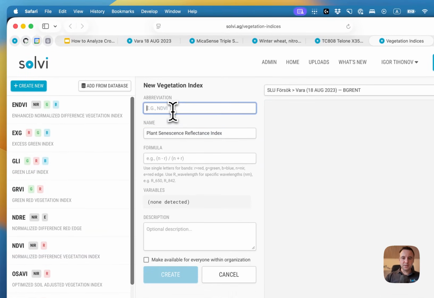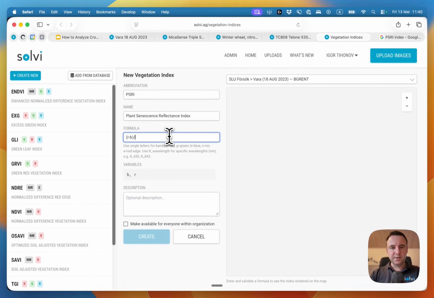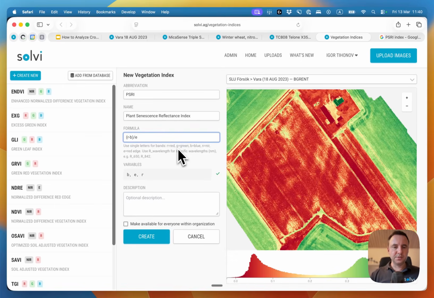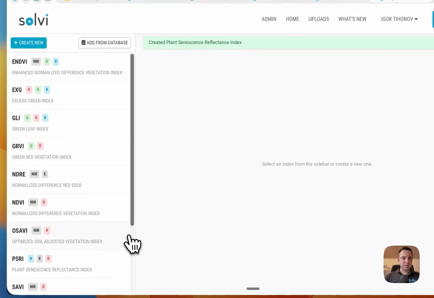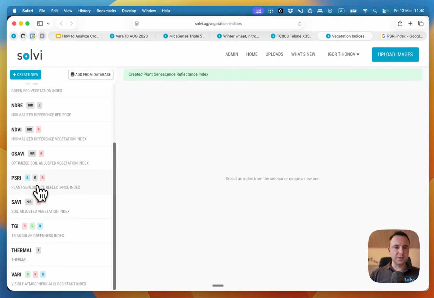Paste in the name here, the short abbreviation over here, and then provide the formula. So that's red minus blue divided by red edge. As you notice here, we use the reserved variable names for the different bands. So R stands for red, B for blue, E for red edge, N for NIR, and G for green. And as we input this formula, it's validated, so everything is good. We also get a preview here on the map of what the map looks like. And then we simply hit create to create this index, and it now appears here